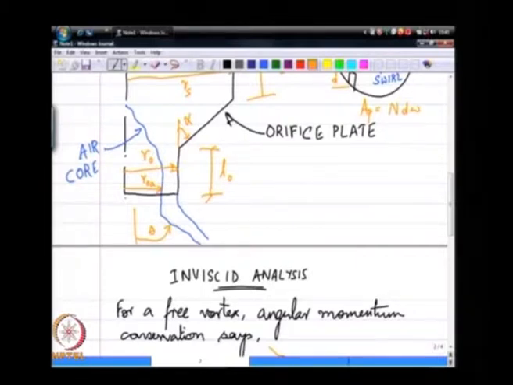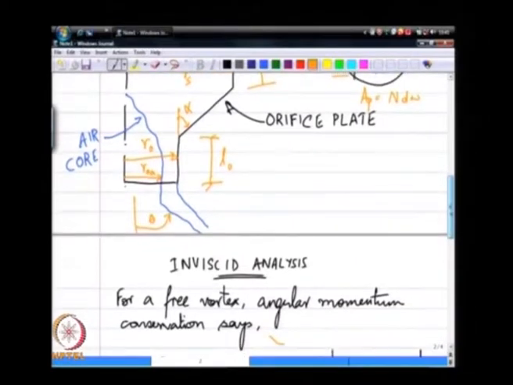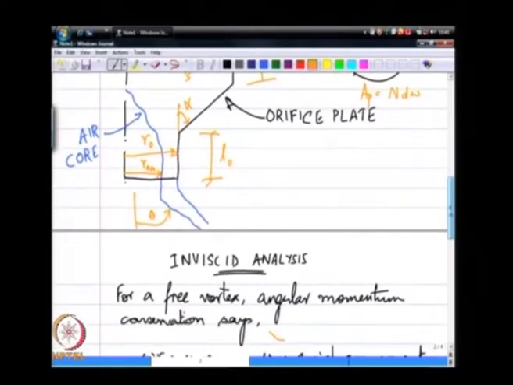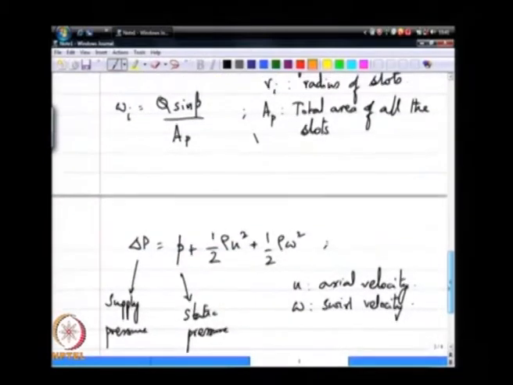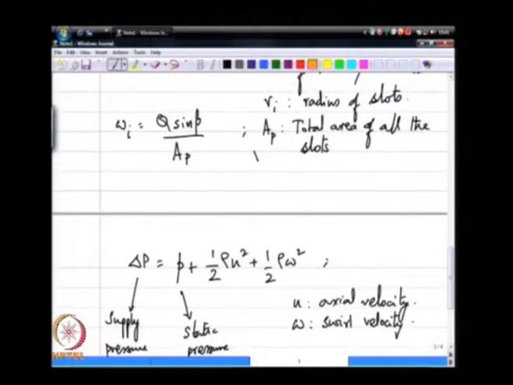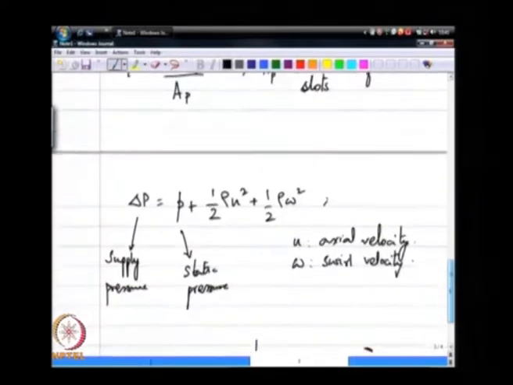We will see that it does have a significant bearing to the performance of this nozzle. So, if I have r OA as being the radius of the air core,